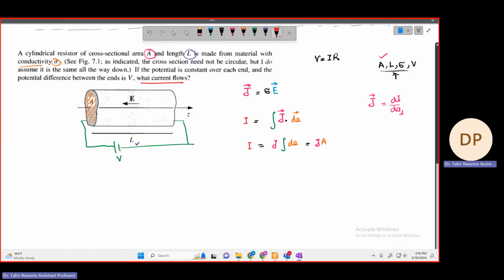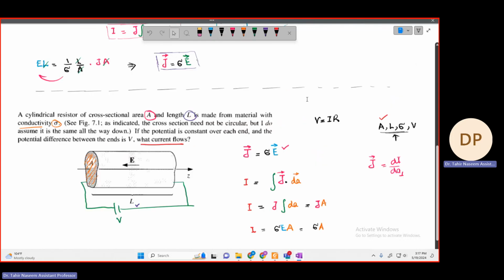But can we write our answer in these parameters? Using Ohm's law, actually, we can write I is equal to J times A. Now I know J is equal to sigma E, right? So I can write sigma E, the magnitude. Let me write only the magnitude. Okay, I have written J as sigma E and then A, right? So I can write sigma E A,